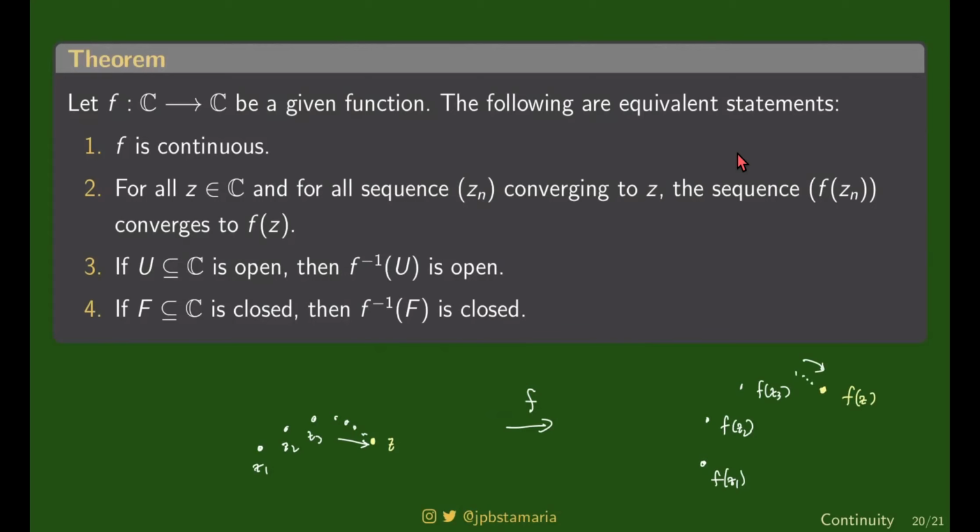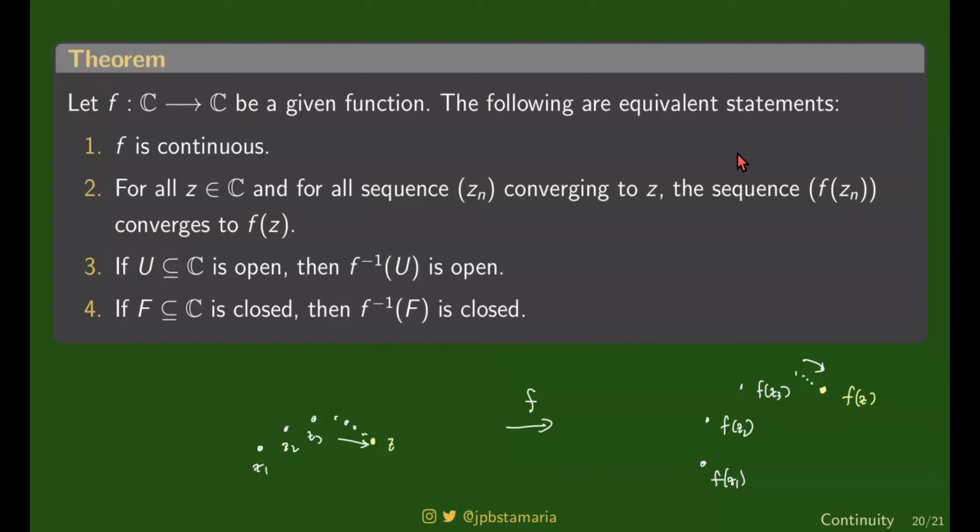Number 3, the inverse image of an open set is also open. You know this very well, no? From topology. All of these things are proven to be equivalent. And also, the inverse image of closed sets are also closed, no? So totoo pa rin yung mga properties na ito. And these are different ways to define continuity, no? Kasi they are all equivalent, no?